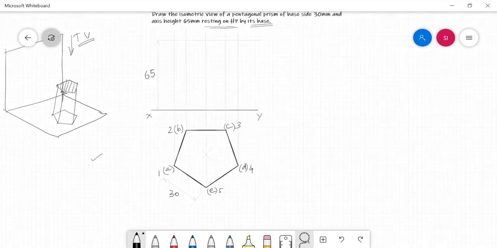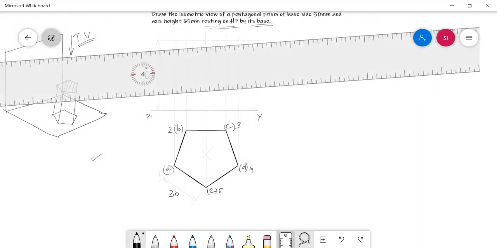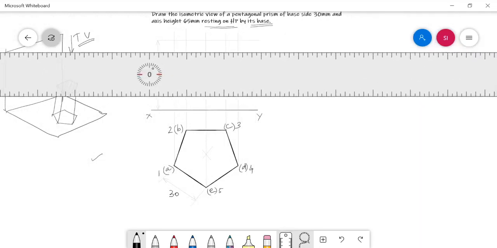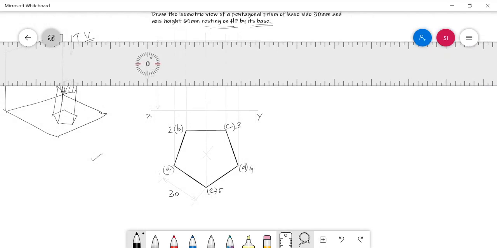Let me mark the corners, and you can complete the view also. There is no more sectioning of the solid going to happen.